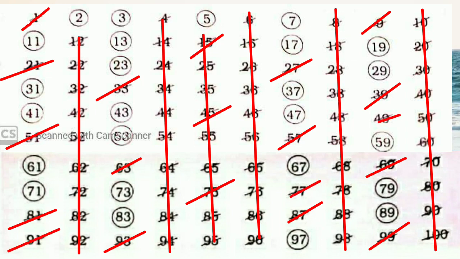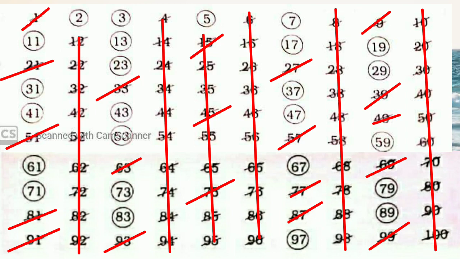Now what I am left with, 8, 9 and 10 are already removed. So 11 becomes the next prime number. Here 11 and 1 are the only two numbers which we can represent in a product. So we can say that 11 is a prime number. Now let us see all the multiples of 11 in this list, the numbers that can be divided by 11 and have 11 as a factor. I can see all the multiples of 11 have already been removed from my list. So I stop my process here.